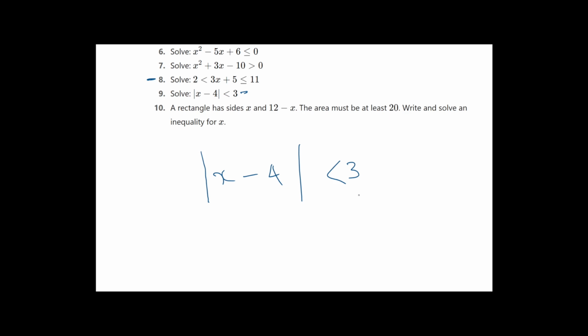Now, what numbers would make that true? Well, the absolute value means the plus minus value when we ignore plus minus. If we had a 7 here, say x was equal to 7, 7 minus 4 equals 3. So that wouldn't be true,